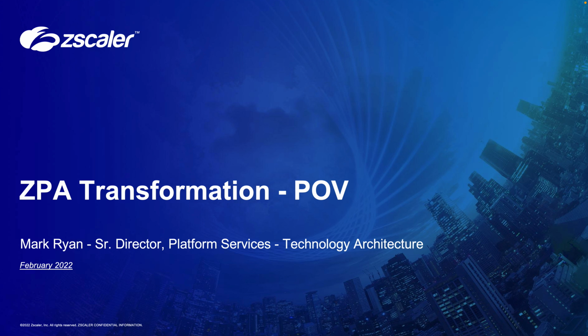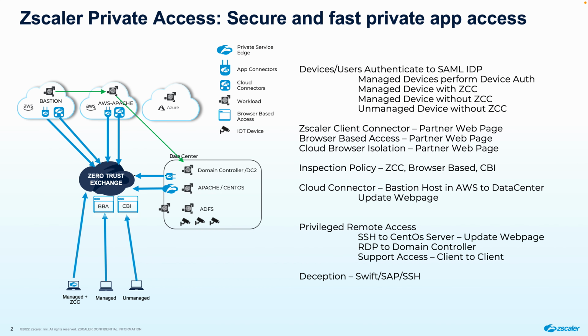Walk you through how to demonstrate Zscaler Private Access Transformation in a proof of value. I've got 3 different clients down the bottom here. I've got a managed device running Zscaler Client Connector, a managed device without a client, and an unmanaged device. The managed devices are enrolled in Azure AD. We're going to show the managed and unmanaged devices accessing applications either using browser-based access or cloud browser isolation, depending